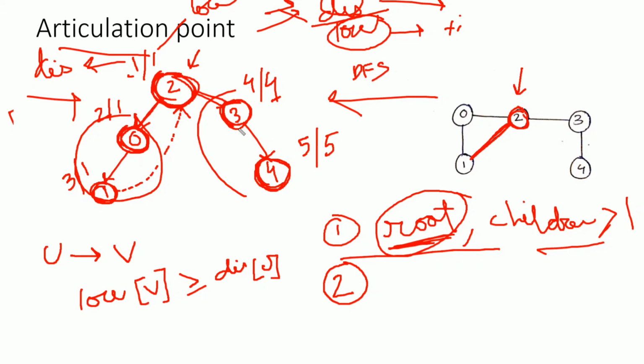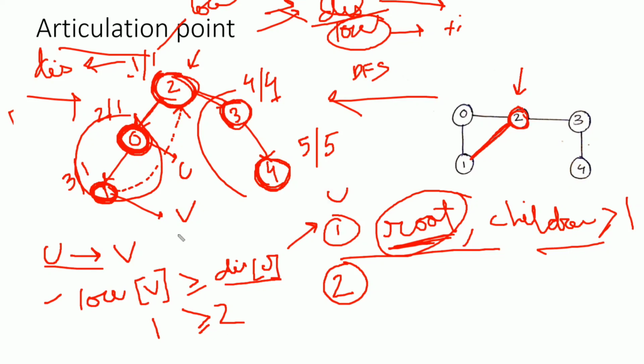So suppose we consider vertex 0. Vertex 0 is u and vertex 1 is v. So from u to v, check this. The low time of vertex v, that is vertex 1, is 1. And the discovery time of vertex u is 2. So we need to check this condition: if the low time of vertex v is greater than or equal to the discovery time of vertex u,